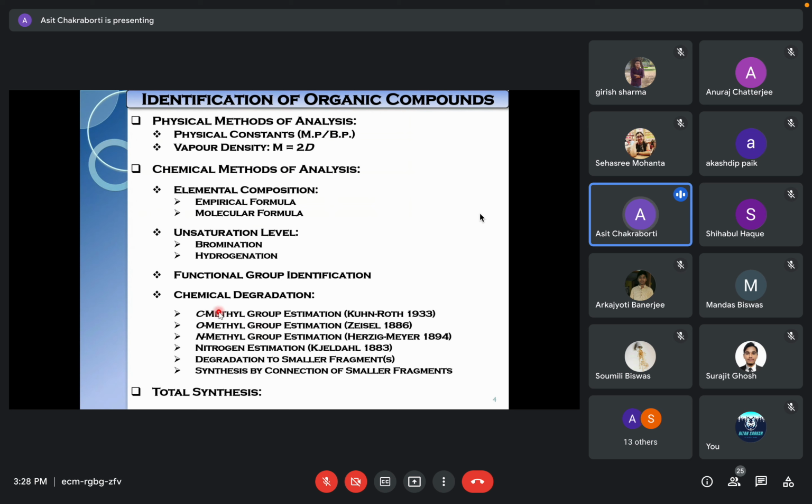It might be attached to carbon, to oxygen, and it might be an N-methyl also. So it was not only identification, but quantification was also done, by Herzig-Meyer. So broadly two methods. The oldest method was particularly useful for the identification of the structure of alkaloids, right? Alkaloids means the natural products, organic nitrogen-containing natural products, which are basic in nature, like sodium hydroxide, alkali.